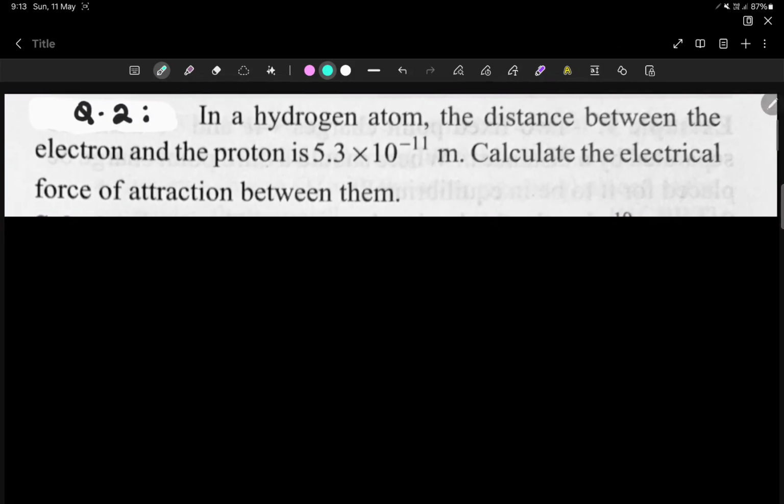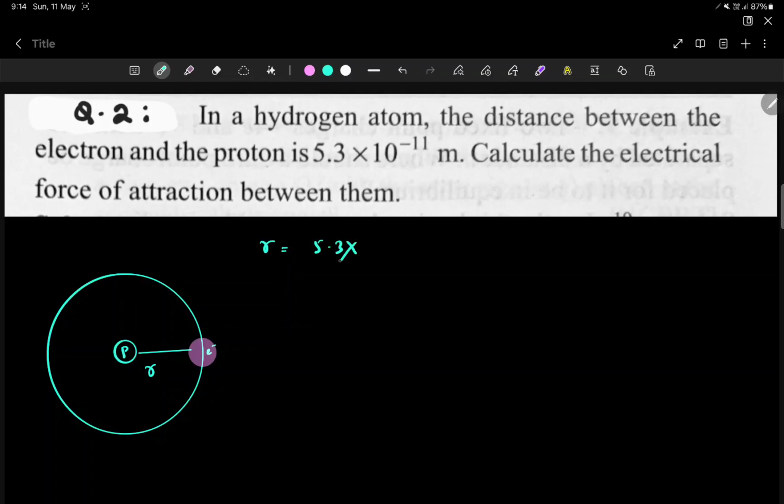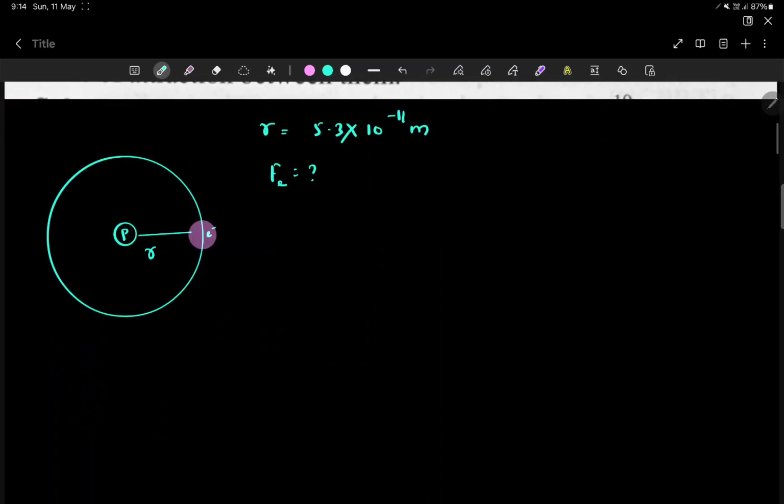So question number 2 is, in a hydrogen atom the distance between the electron and proton. So this is the orbit of electron and here is our electron and this is suppose the proton. The distance between them is r. So given r is equal to 5.3 into 10 to the power minus 11 meter. So calculate the electrical force of attraction between them. Fe is required. So Fe is equal to Ke, Coulomb's constant, then charge of proton, charge of electron, magnitude divided